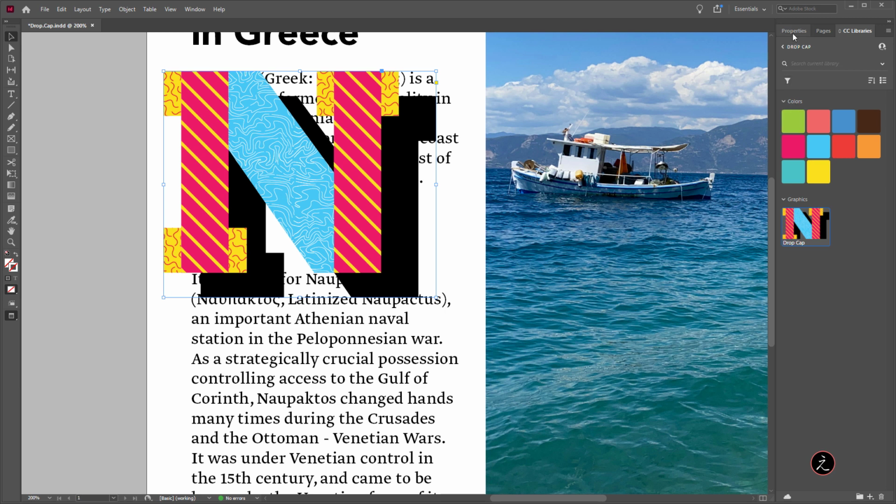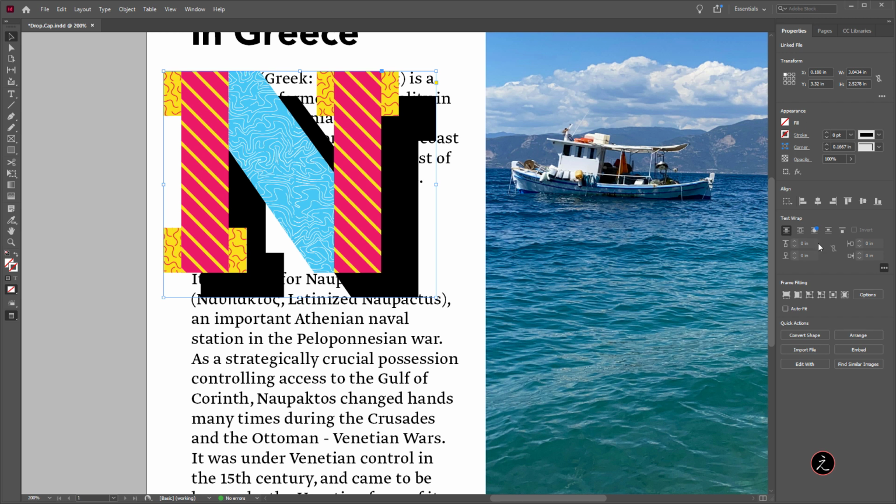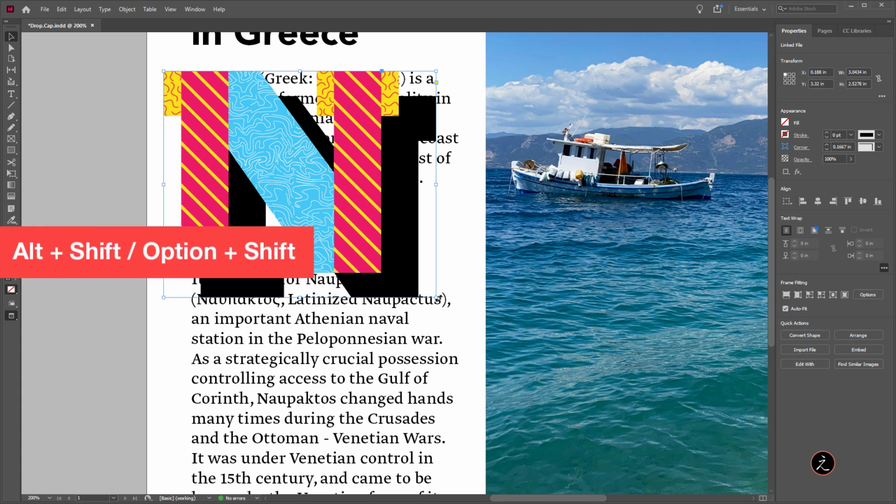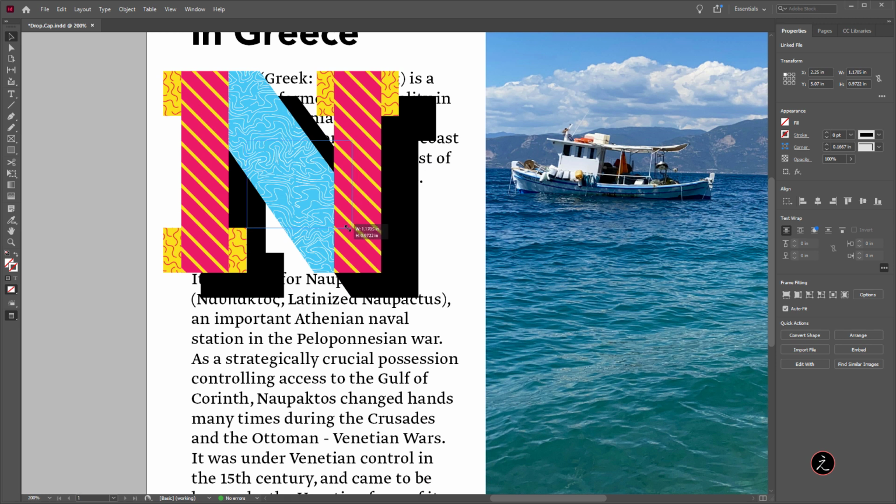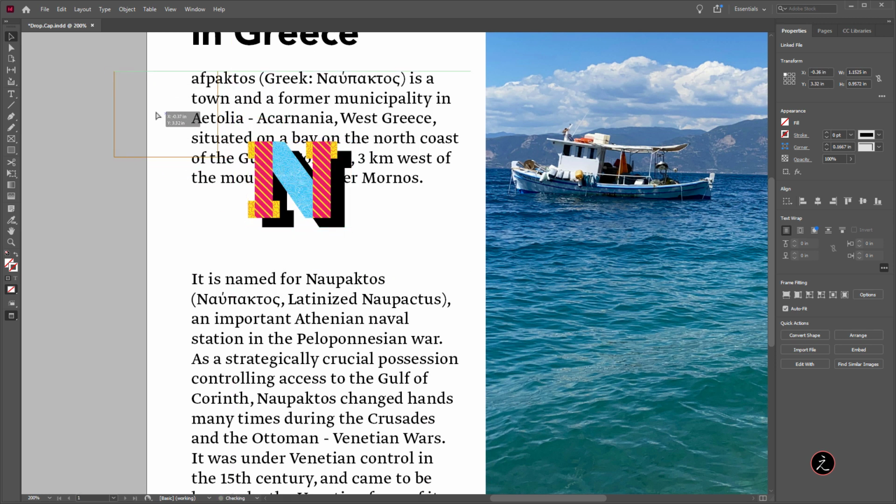So for that, I'm going to click inside the properties panel, and under the frame fitting, we're going to use the auto fit option, which will make content resize as the frame resizes. Click on that and then use Alt Shift, Option Shift on your keyboard to size this down proportionally from the center. I'm just going to move it right here. All right.